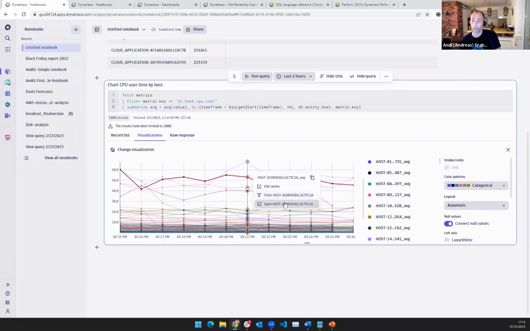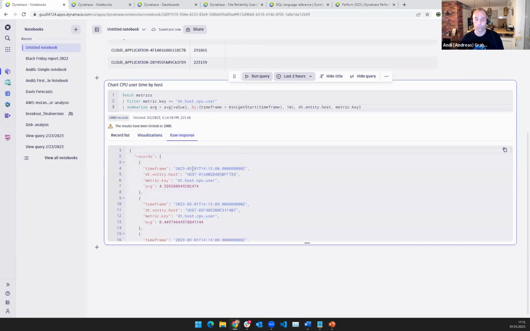You can obviously then also, if this metric comes from a host, from a service, from an application, directly jump to the screen that you're used to, right? Your host screen, your services screen, whatever screen it is. The raw view is there as well, because behind the scenes, we always have raw data. That means you can massage this data as you like. The reason why I think this is interesting, you can actually see how the data is coming back from DQL, which then also gives you more insights into how the results are structured.